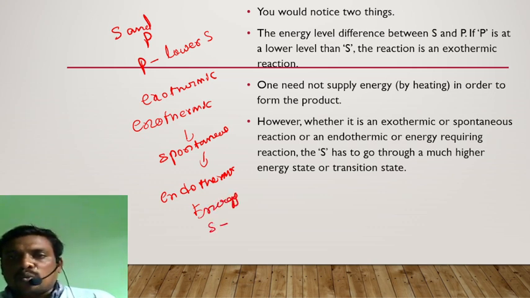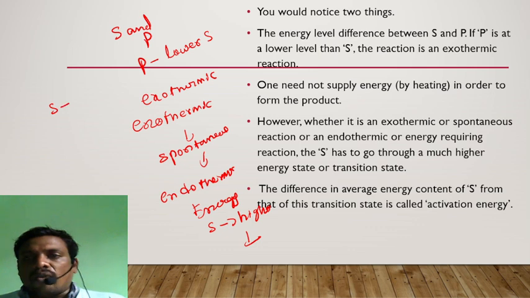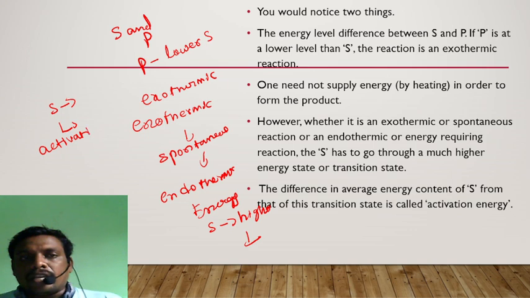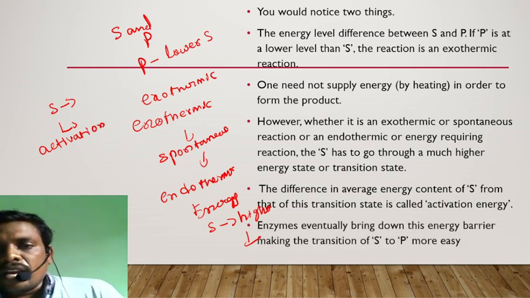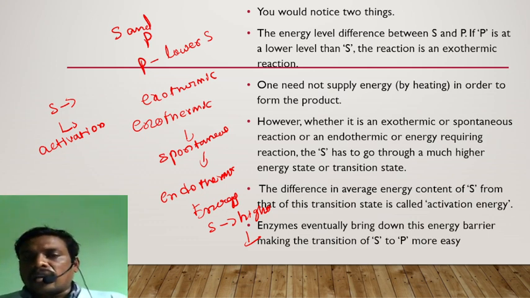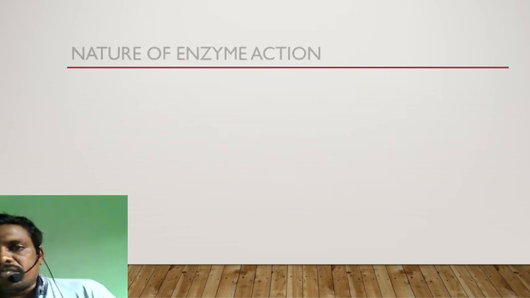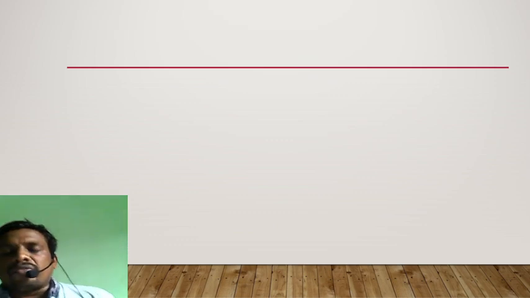So the S has to go through much higher energy levels in the transition state. I have shown you in the diagram also. The difference in average energy content between the S form and this transition state is called activation energy. After this, enzymes eventually bring down this energy. Whatever energy is present in the substrate, the enzymes bring it down to the normal level more easily. What will be the nature of enzymes, that we will discuss in